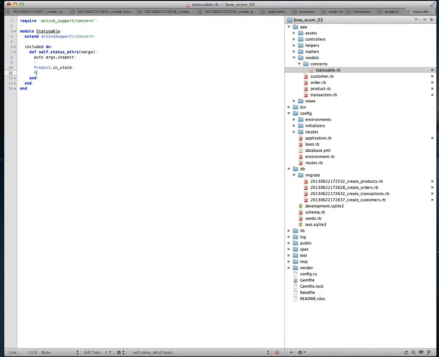And we want to do product dot out of stock. But we want to define these methods based on the statuses that we've passed into our arguments array. And we want to be able to create other methods as well. So the other methods we're going to create, we also want to be able to check to see if a product is in a particular